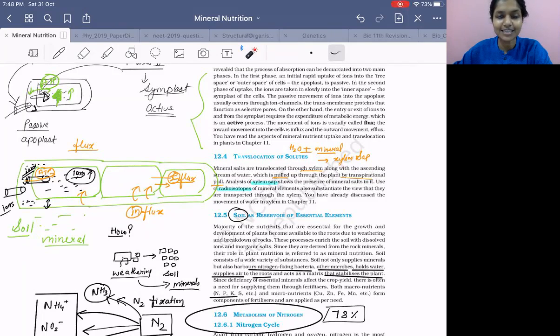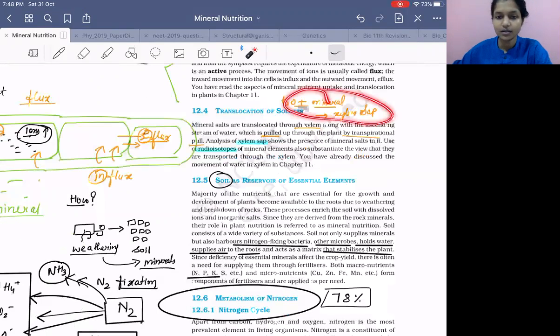You know it, right? In transport in plants, I have taught you that through the xylem, not only water, minerals also go along with that. Water plus minerals. So water plus mineral, you call it as xylem sap. This xylem sap will be taken by the xylem. Now, how is it taken up? Same way, how water is taken up? By the transpiration pull. Similarly, the minerals will also be taken up by the transpiration pull, right?